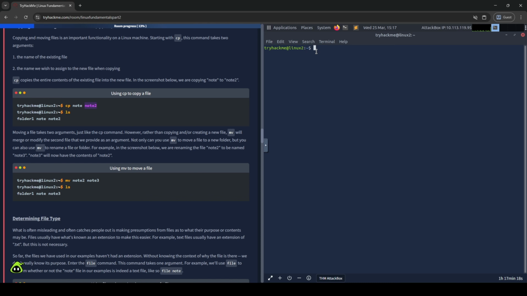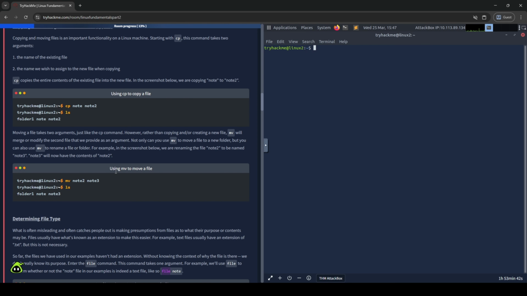So about renaming. Let's use ls. As you can see, we have our note file. Now use the mv command on note and give it the name IMoved. Then use ls again. As you can see, note is no more, and we have IMoved instead. We basically just renamed it. Now let's check its content. As you can remember, we added the text hi into our note file, and as you can see, its content is indeed still hi, so we moved note to IMoved successfully.